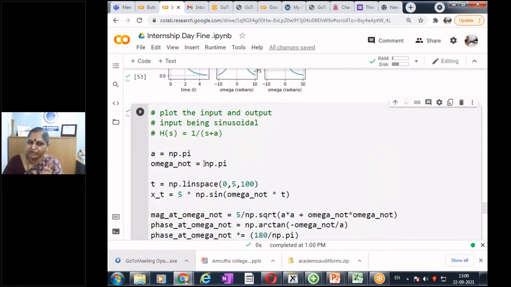Now let me change my input. Instead of the 3 dB cutoff, let me make it, say, 0.1. Anyone remembers? Now it is in the pass band and the cutoff frequency is pi. But now I'm giving my input signal a frequency of 0.1. So now we do not find much phase difference. Let us run it and see.